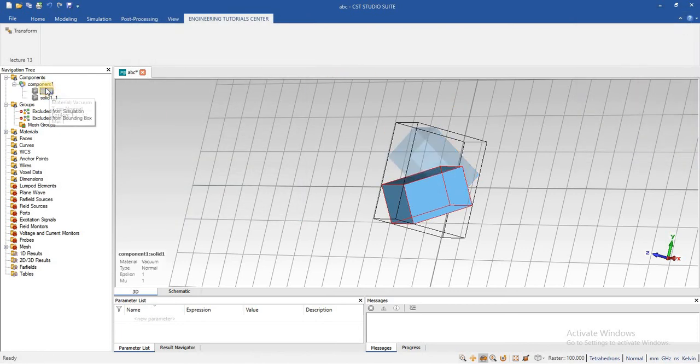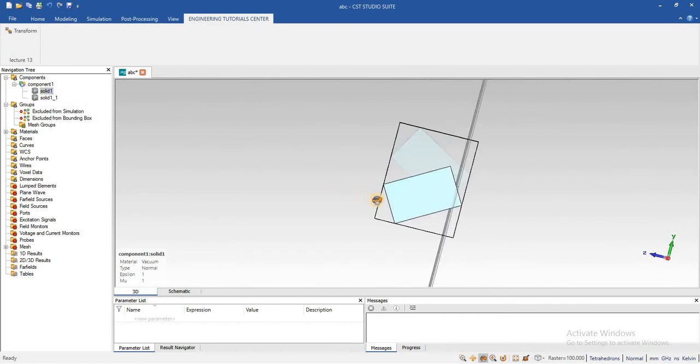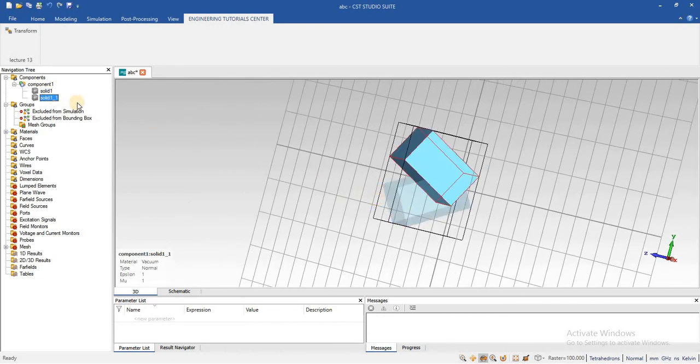Here you can see that this is the object and this is the mirror of the object.